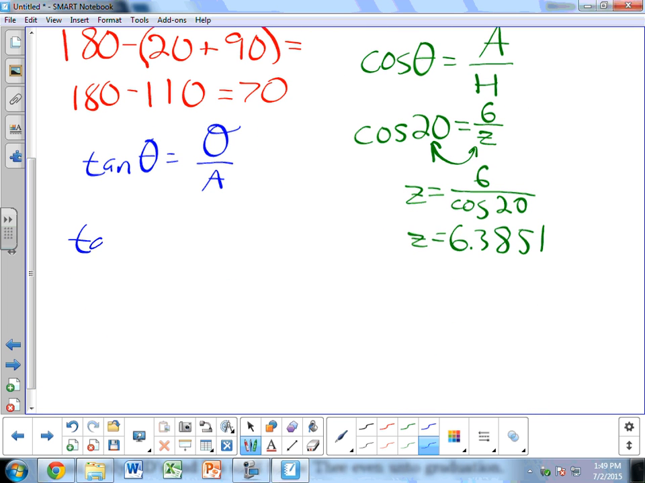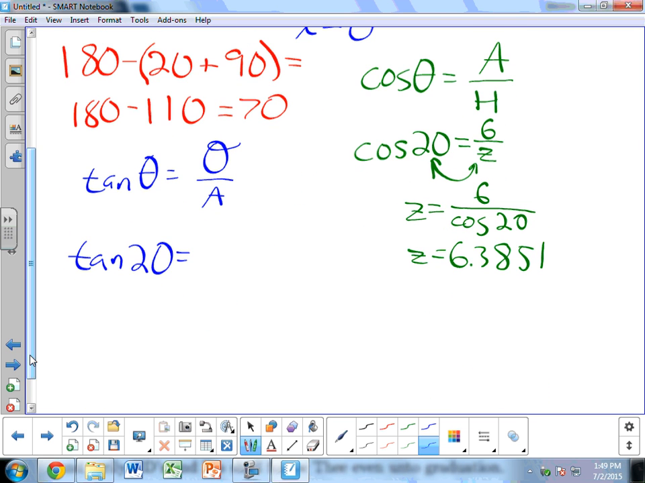So the tangent of our reference angle, which is again 20, not 70. The opposite side is what we're looking for, which is the x, and the adjacent side is what we have, which is 6. So now the variable is in the numerator and the constant is in the denominator. If I multiply by 6 to both sides, they cancel out on the right, and I'm left with 6 times the tangent of 20 is our x, which, when put in the calculator,